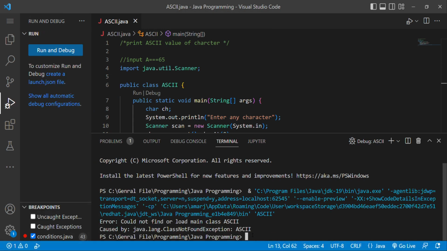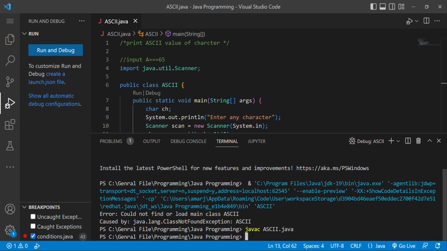So here write javac and the class name, ASCII.java, and my program is successfully compiled. Now I am going to run our program. So here write only java and only the class name, ASCII,